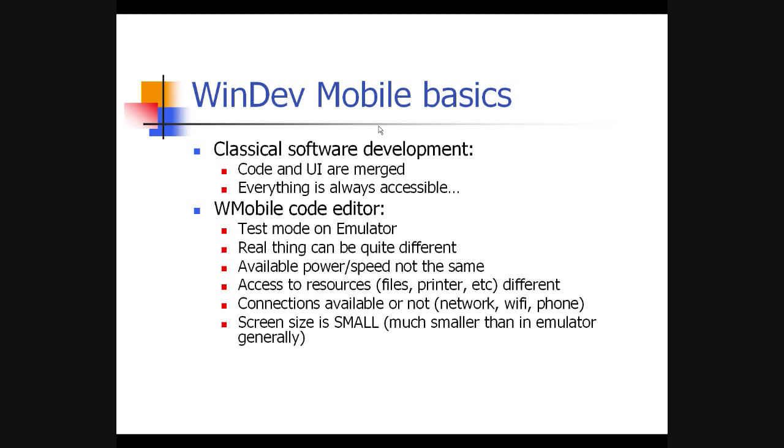Then you also have the problem with the screen size. The screen is going to be small, and in fact it's going to be much smaller than in the emulator generally. What happens is that the emulator is giving you the correct number of pixels that you have in your machine. You set it up for that. So that's not the problem. The problem is that the density of the pixel on your screen is generally much smaller, way less than on your PDA. The pixels by themselves are bigger, so you see much better on the emulator than you will